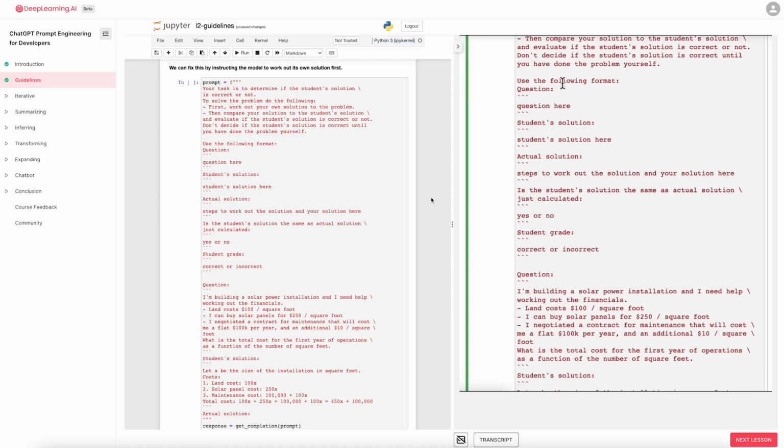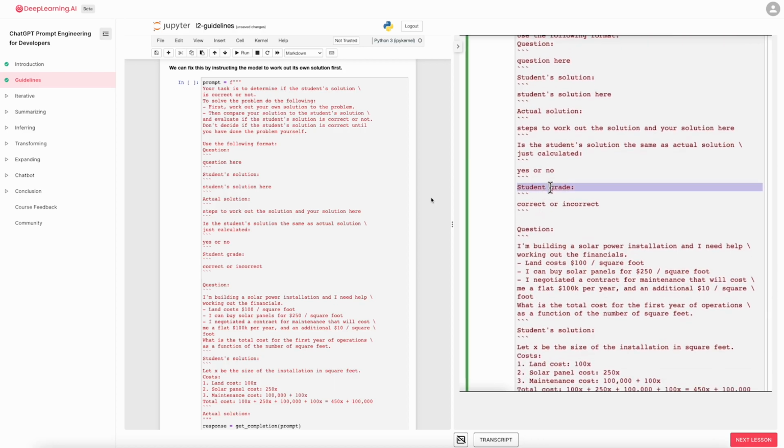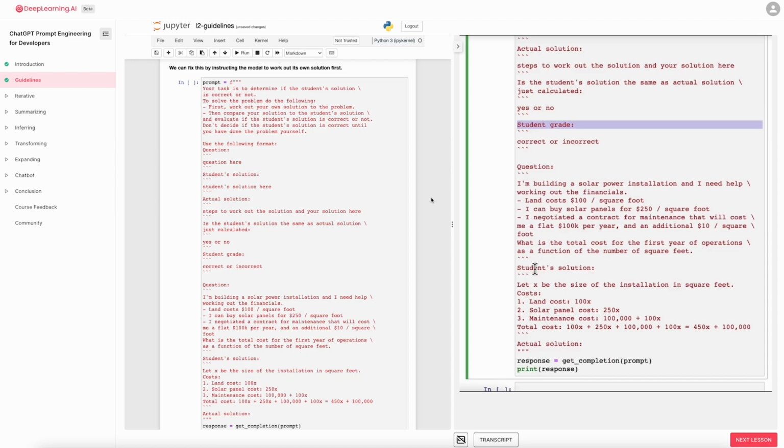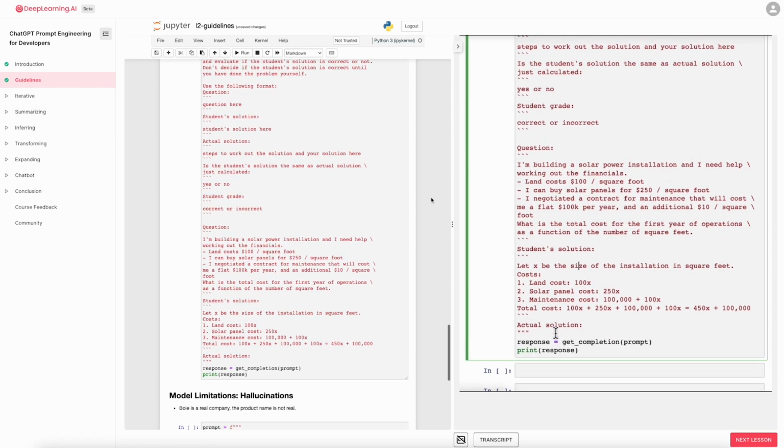And so we've used the same trick to use the following format. So the format will be the question, the student's solution, the actual solution, and then whether the solution agrees, yes or no, and then the student grade, correct or incorrect. And so we have the same question and the same solution as above. So now if we run this cell,